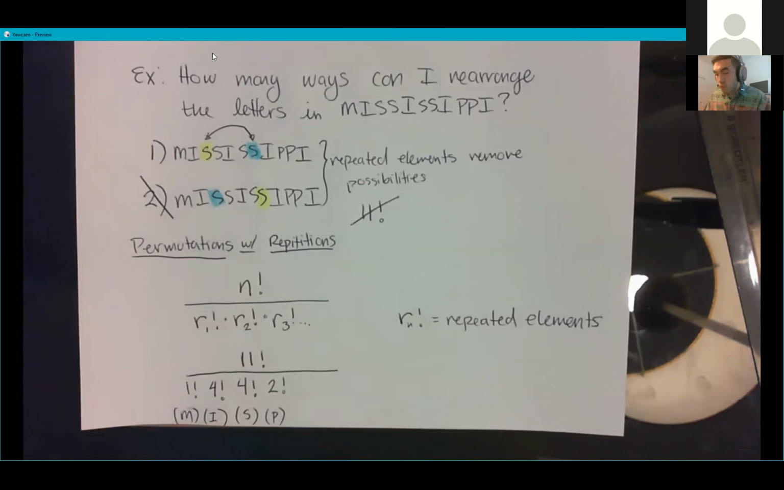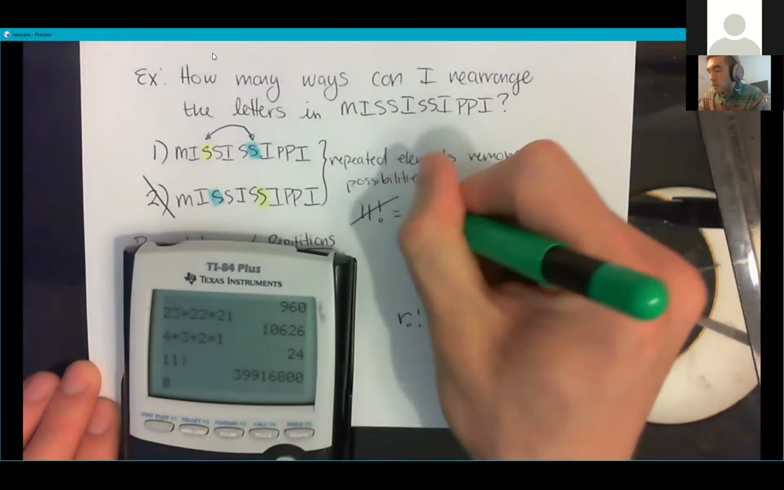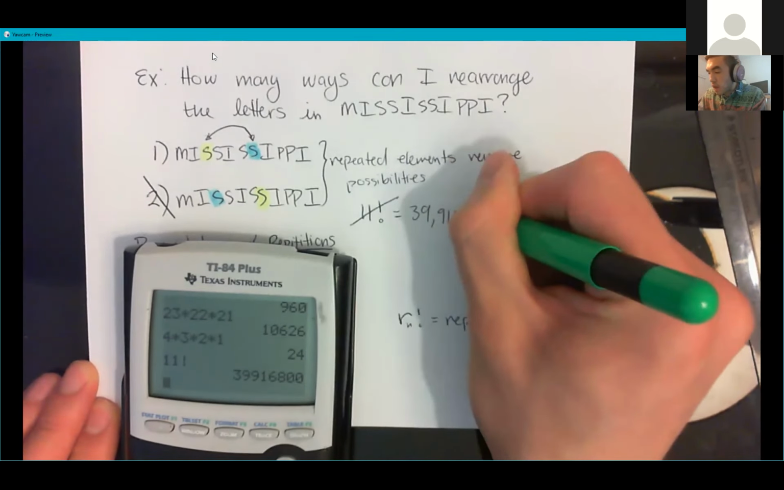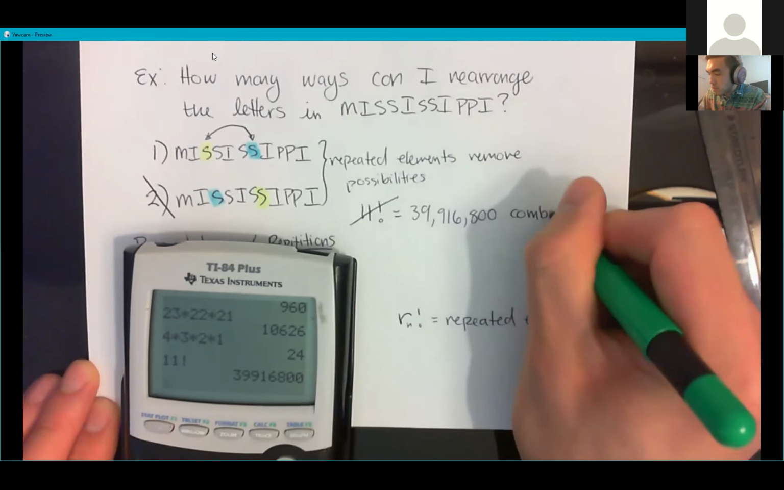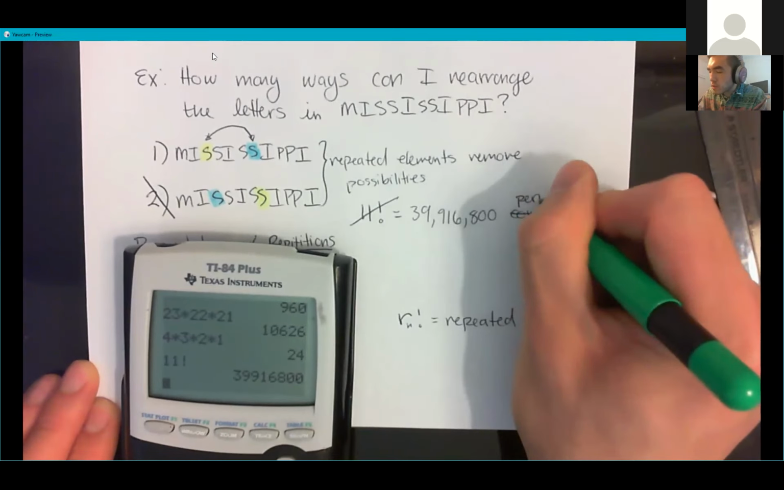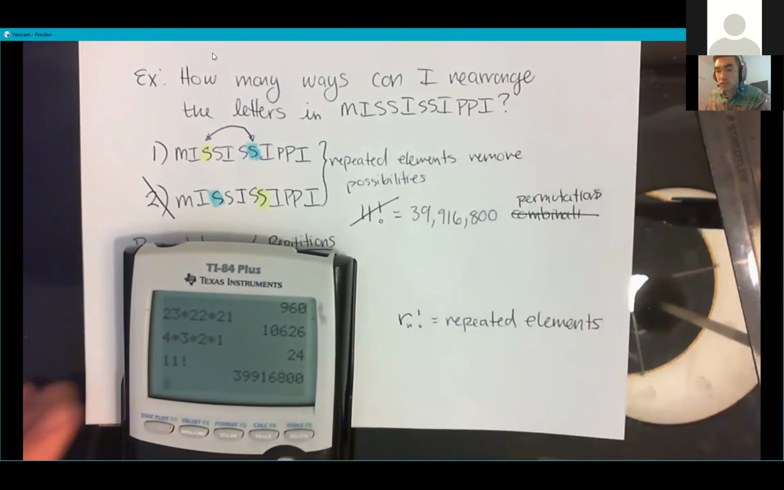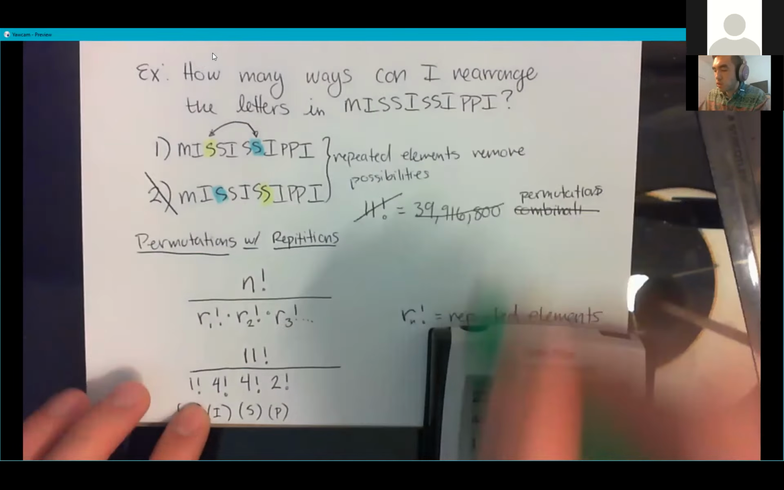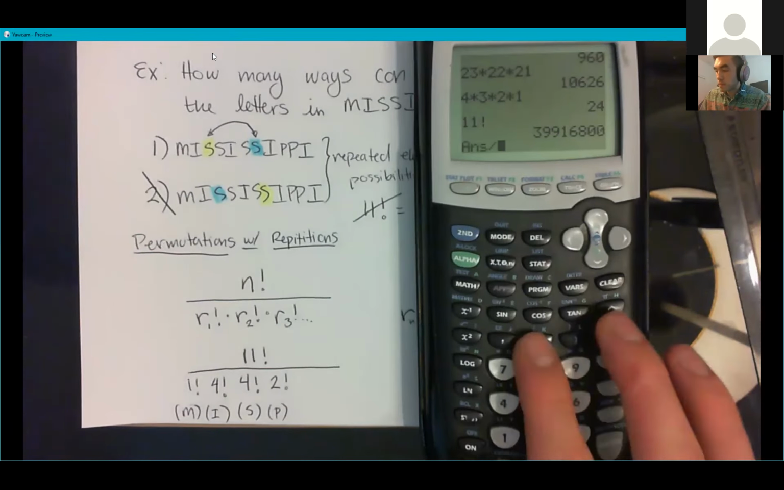And so before, if I were to type in 11 factorial, I would get that this was 39,916,800 different combinations to consider. I'm sorry, not combinations, permutations. But because these elements are repeated, we'll have to divide them out. And so to get the correct answer, this is wrong, too big, I will now have to divide out the